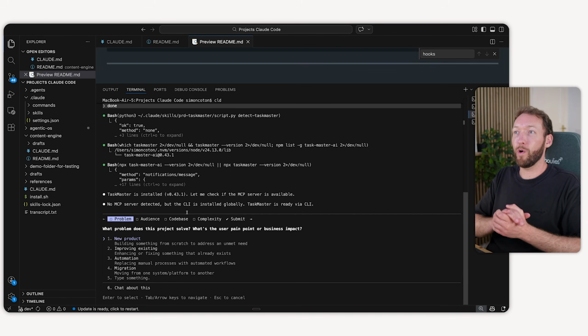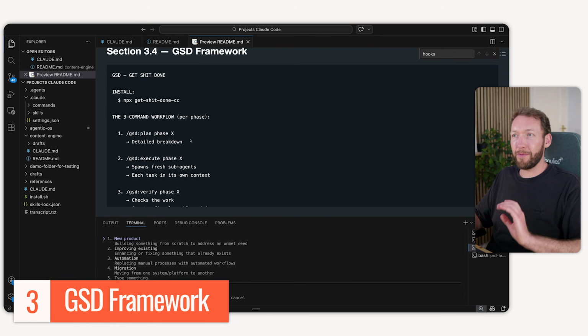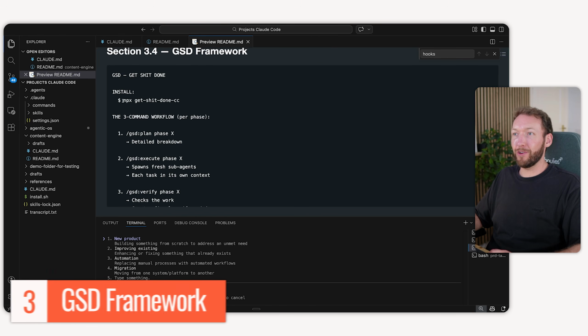But what would happen if you needed something that was even more comprehensive? If you were doing a multi-day application build, you were building out a complete application with a front end, a dashboard, payments, a SaaS app, for example, in which case I would actually then go one step further and use what's called the GSD framework. And again, you can do whatever you want. You can use whatever planning framework you want, but this get shit done framework,